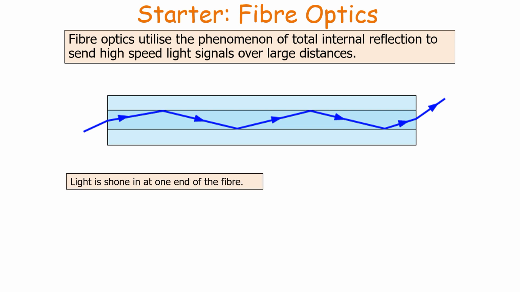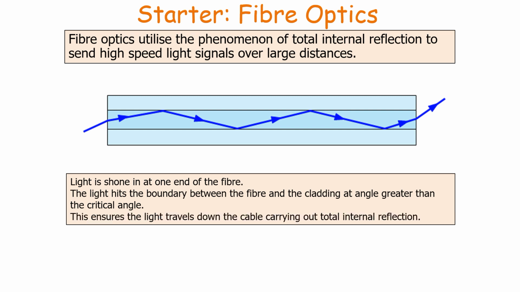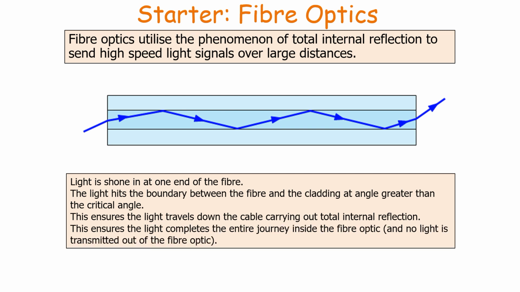So for a fibre optic to work, light is shone in at one end of the fibre. The light hits the boundary between the fibre and the cladding at an angle greater than the critical angle. This ensures the light travels down the cable, carrying out total internal reflection. So this ensures the light completes the entire journey inside the fibre optic and no light is transmitted out of